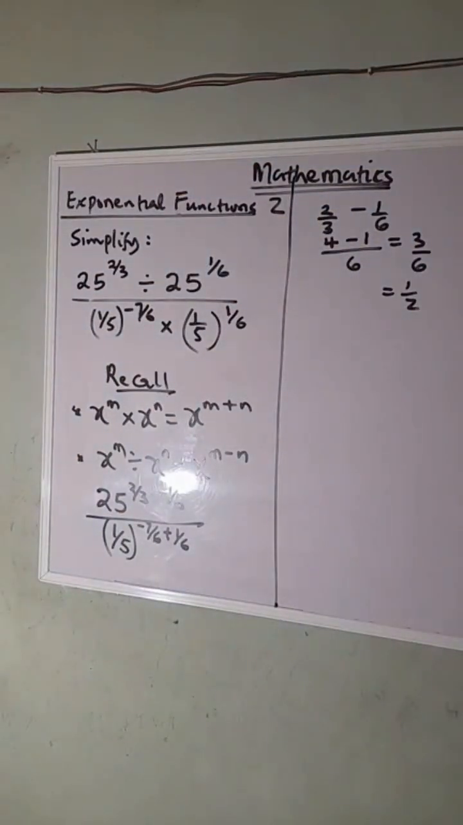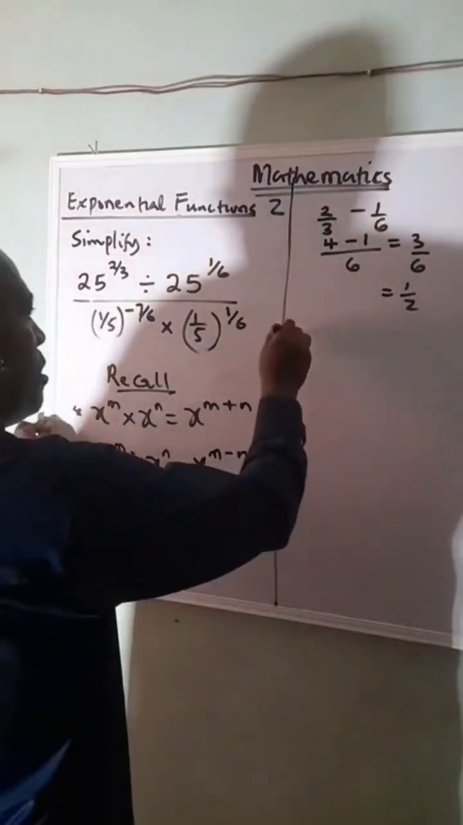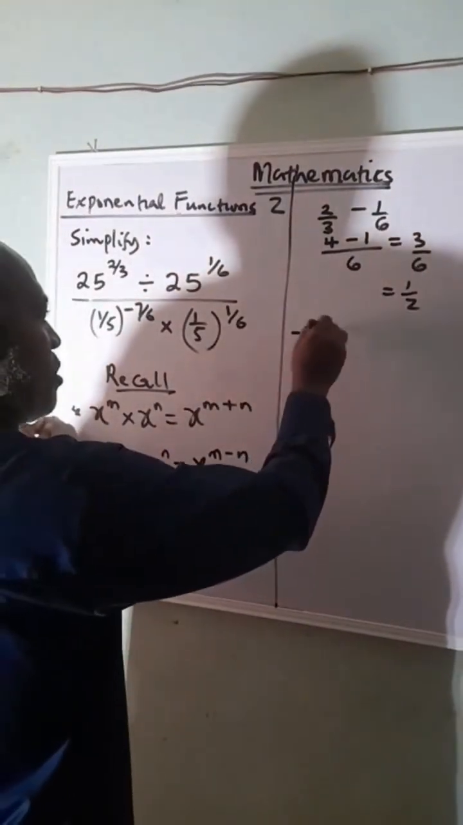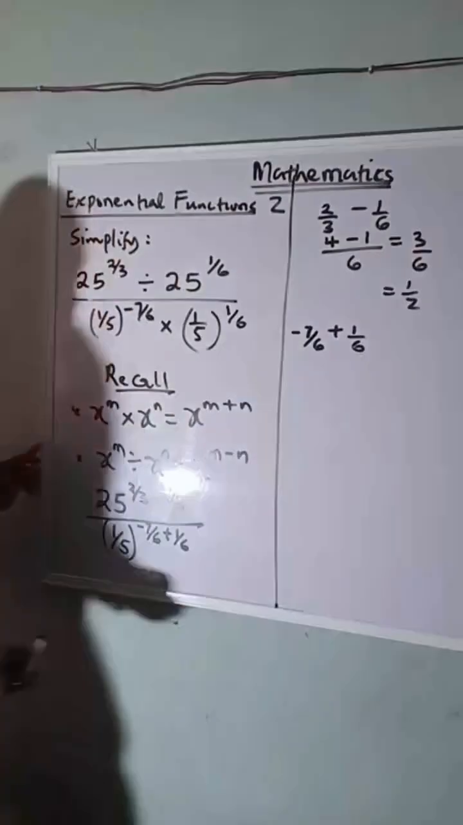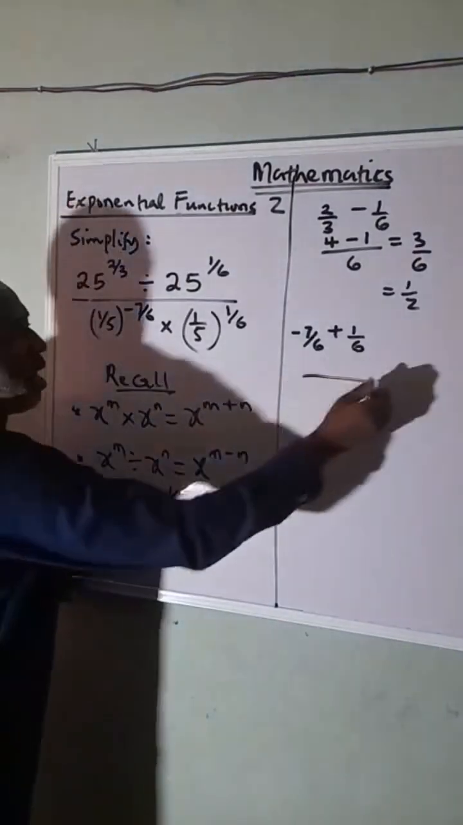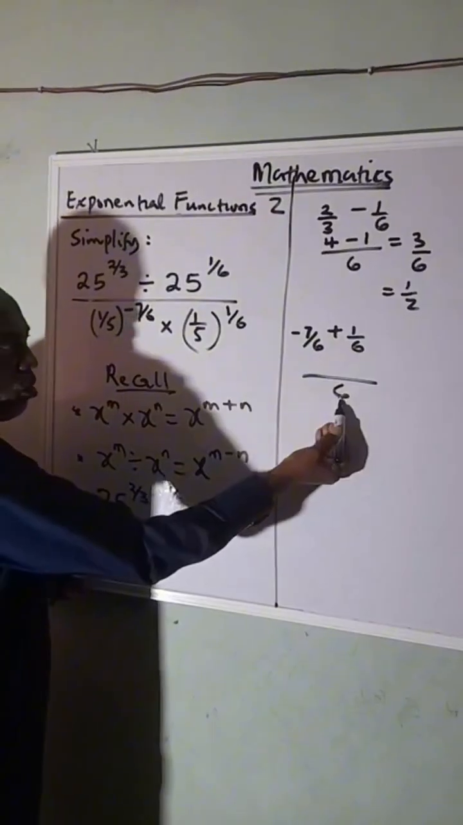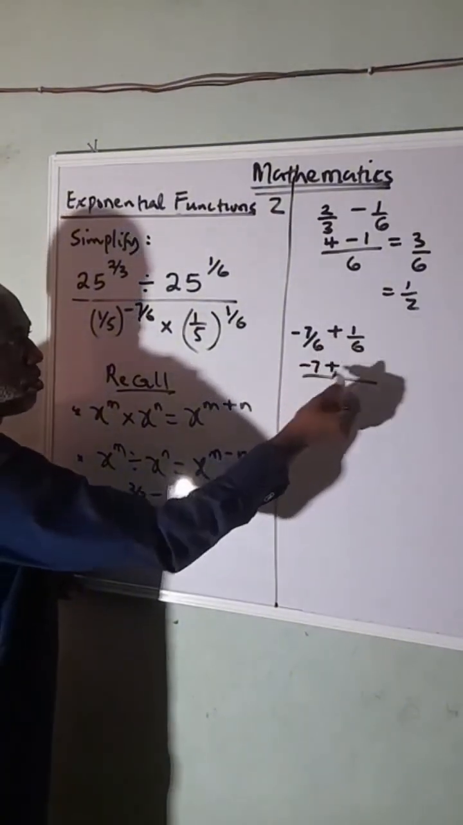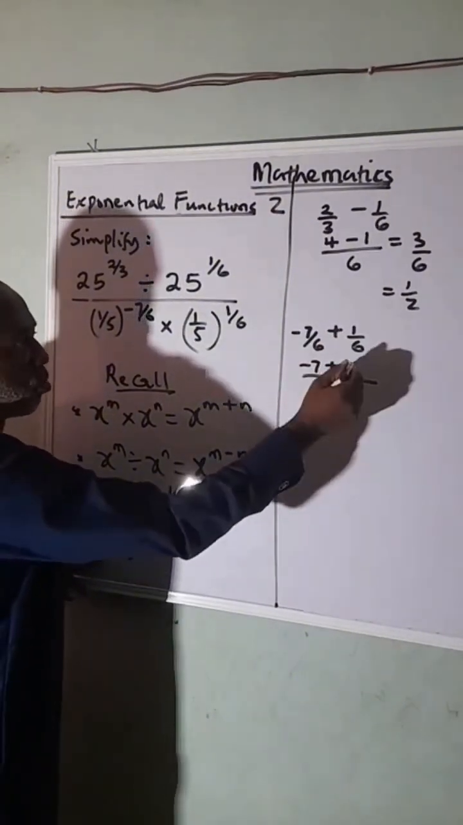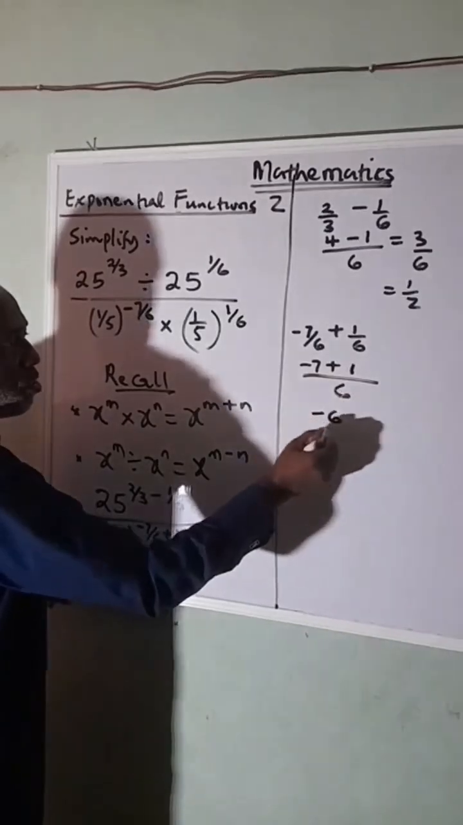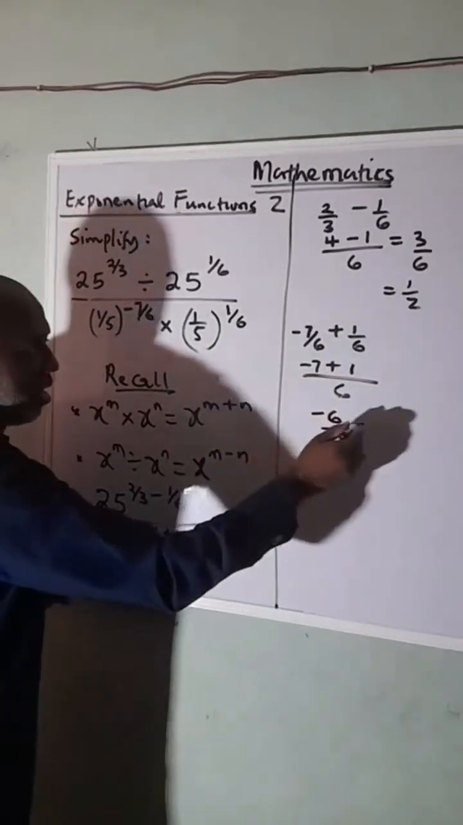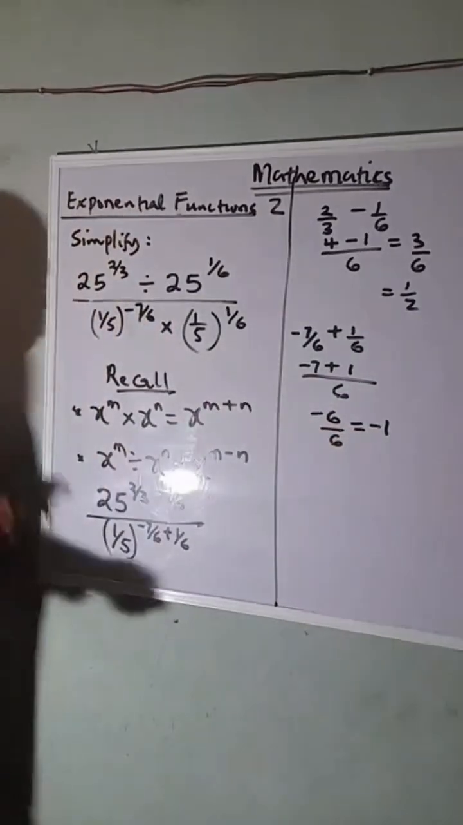Without wasting much of our time, for the down one, the power is minus 7 over 6 plus 1 over 6. The LCM here is 6, and this will be 6 in 6, 1, 1 times minus 7, plus 6 in 6, 1, 1 times 1. We're having minus 6 over 6, and here is giving us minus 1. From all indication,